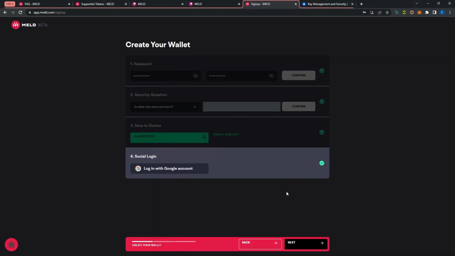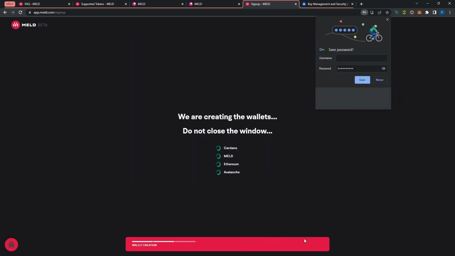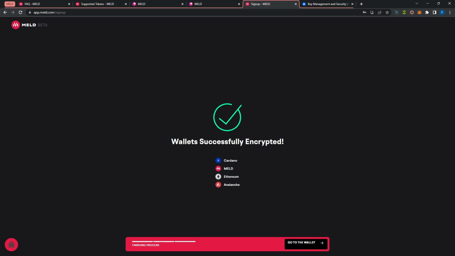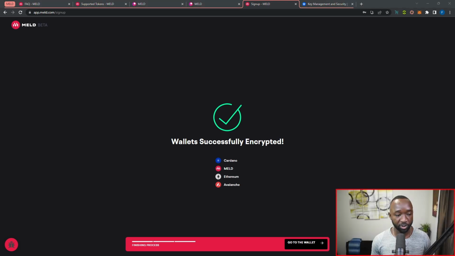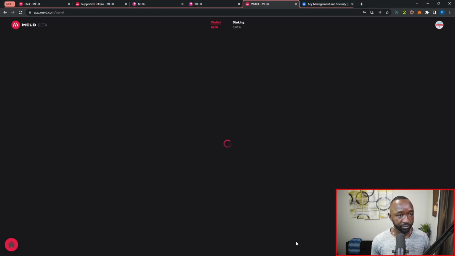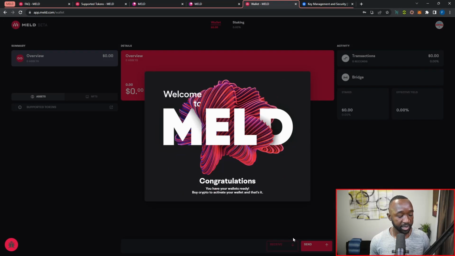And at this point, it looks like we are good to go to the next page. And our wallet is now being created. So once the encryption process is complete, we should be redirected straight into the wallet. So I'm going to click on Go to Wallet. And there we go. We get a nice little congratulations message letting us know that we've successfully created our MELDapp